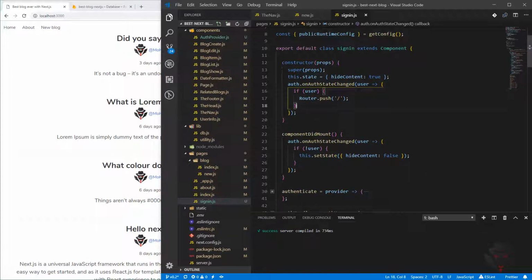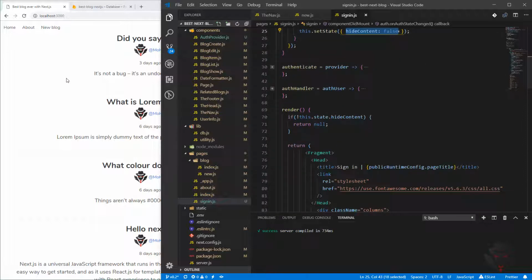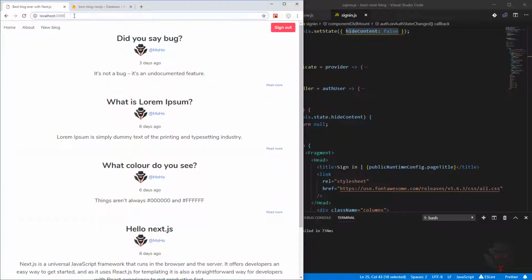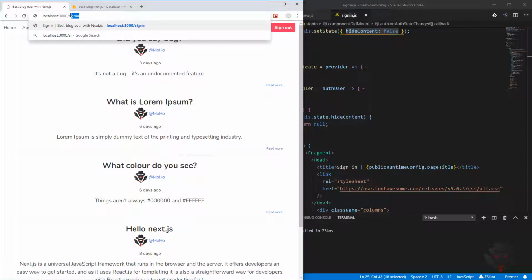We are checking if the user is in a constructor, hiding the content, and if there is a user, just push it back. And then when the component mounted, didMount basically, we're checking if there is no user, hide content will be false, so we should show the content. So let's quickly check it. If I go to sign in,